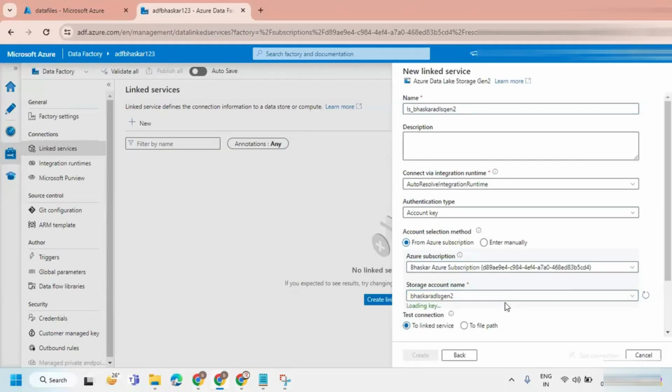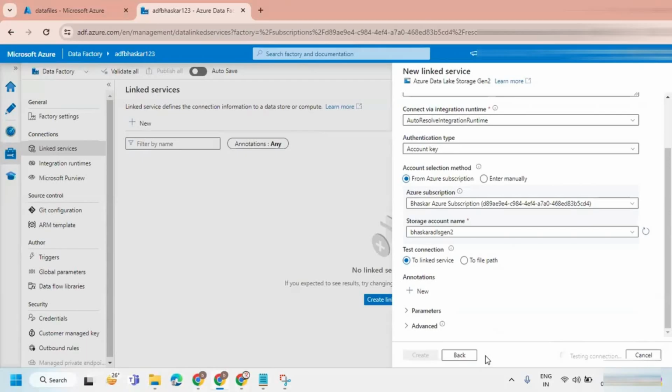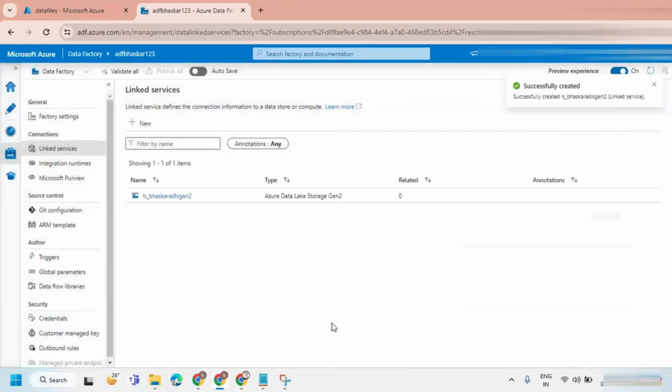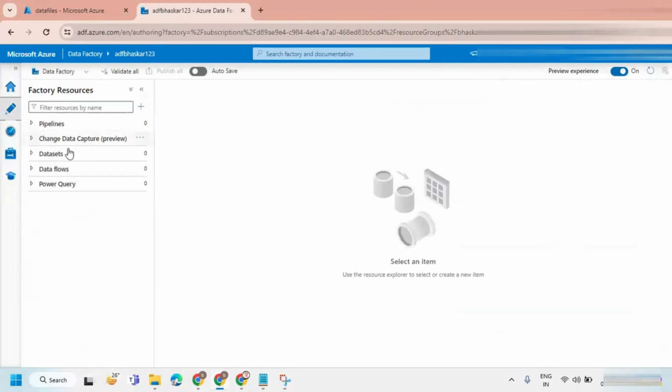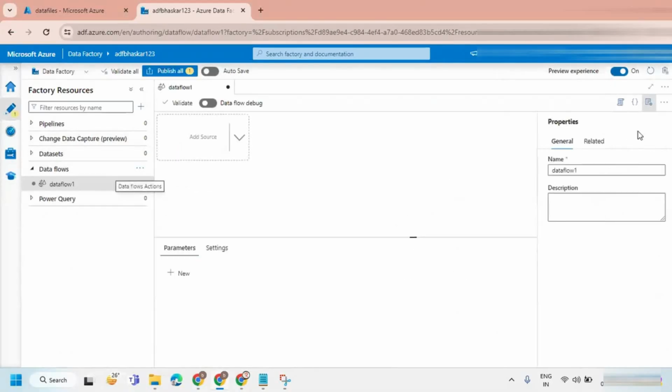Let's take a storage account name and make a test connection. Create it. And I'm just going to create a data flow here. A new data flow. df underscore join transformation.